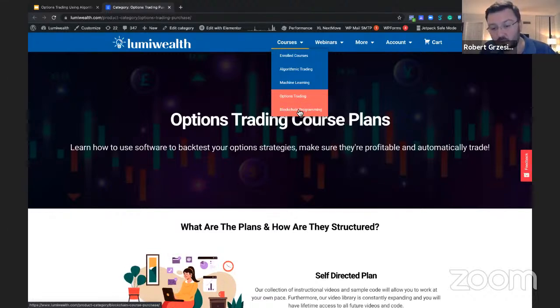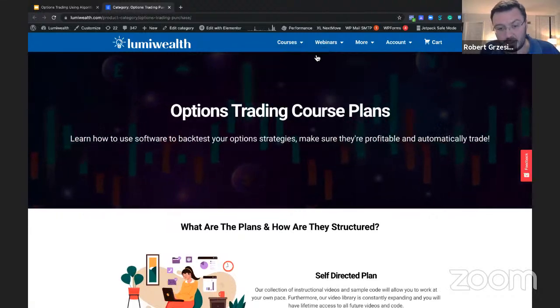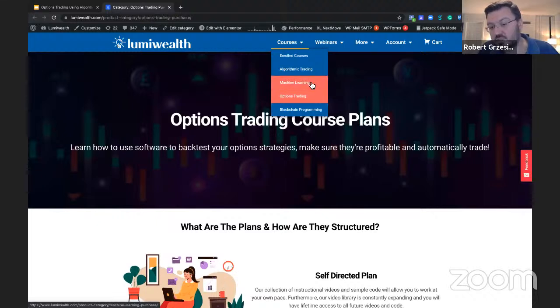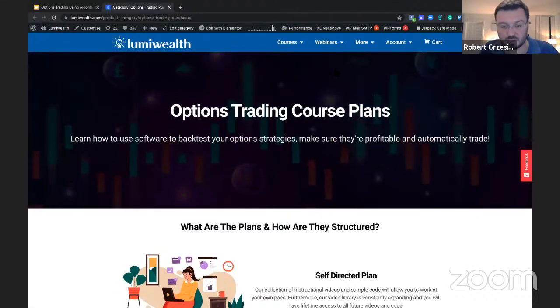Whereas the blockchain course is about making your own assets, creating brand new assets that never existed before, right? Like NFTs, your own crypto coins, your own gambling contracts. There are all sorts of crazy things you could do with blockchain, and that's the one at the very bottom. Again, the beginner courses are algo trading and blockchain. The more advanced courses are machine learning and options. Okay, so just to give you context of what we're talking about here.